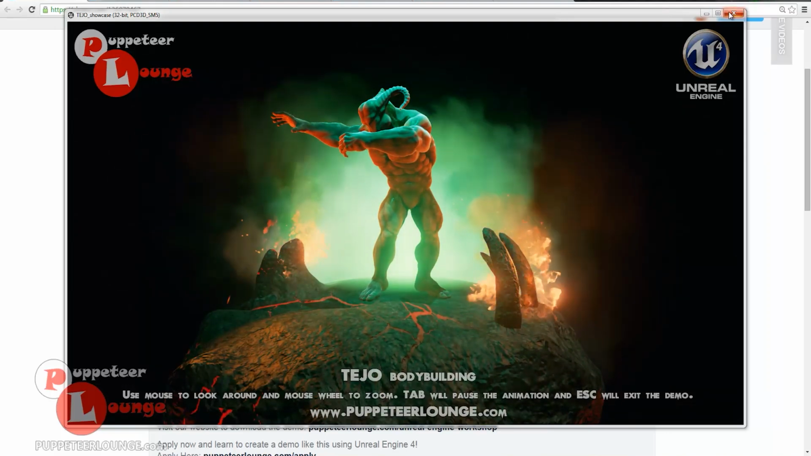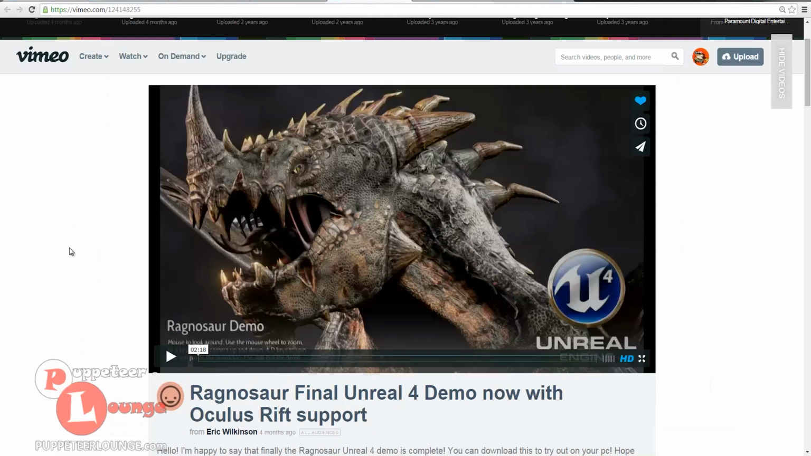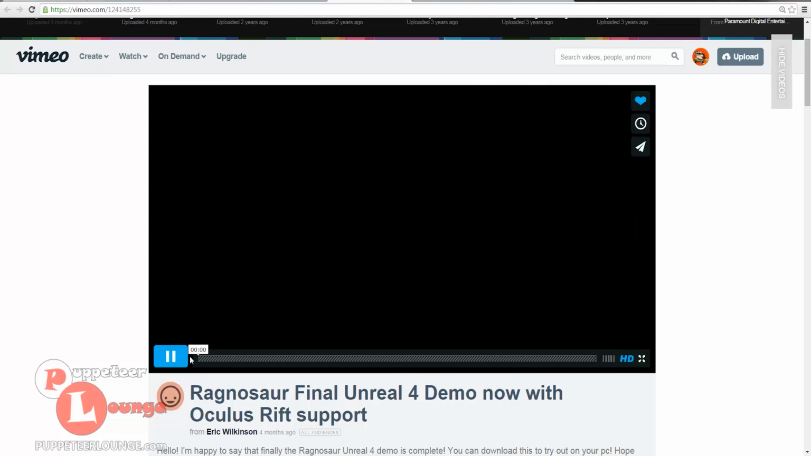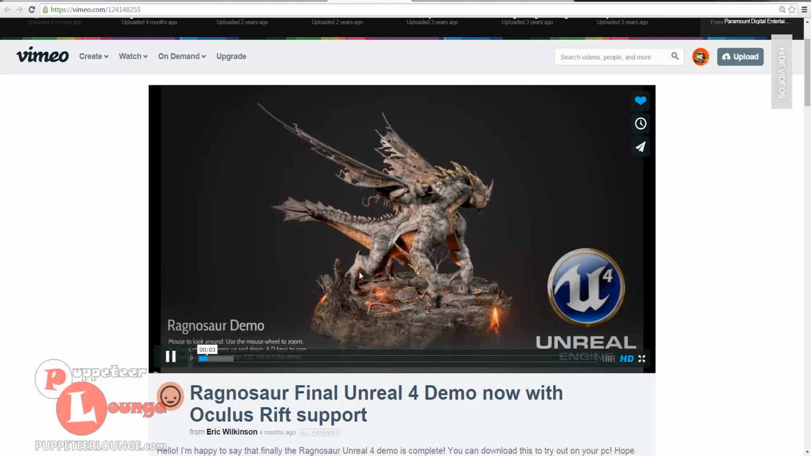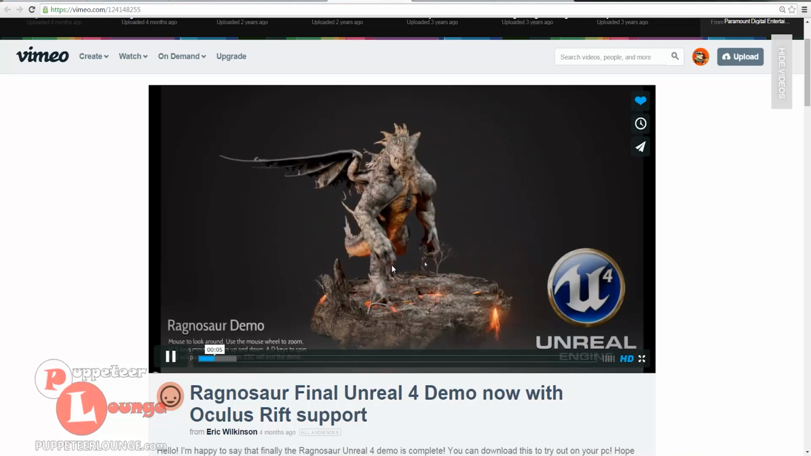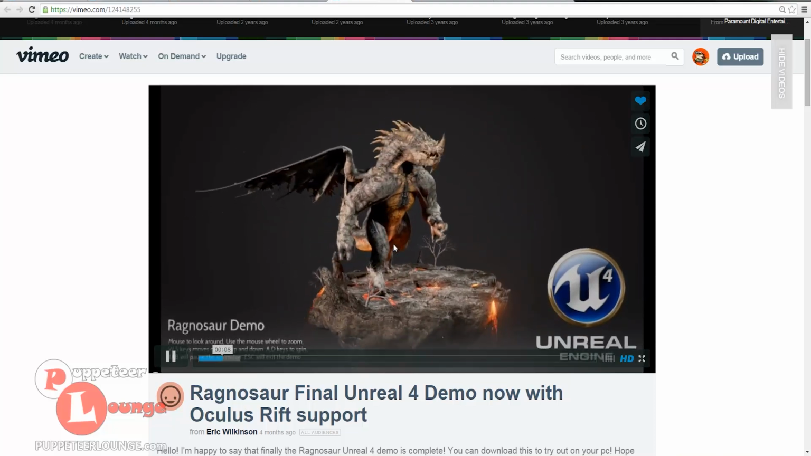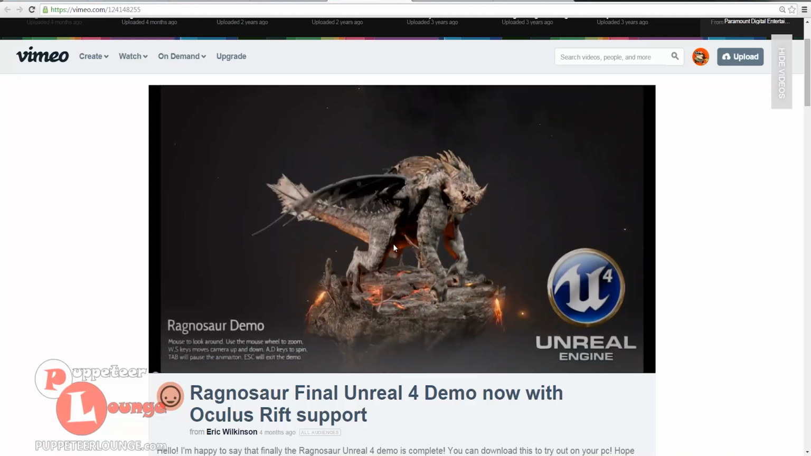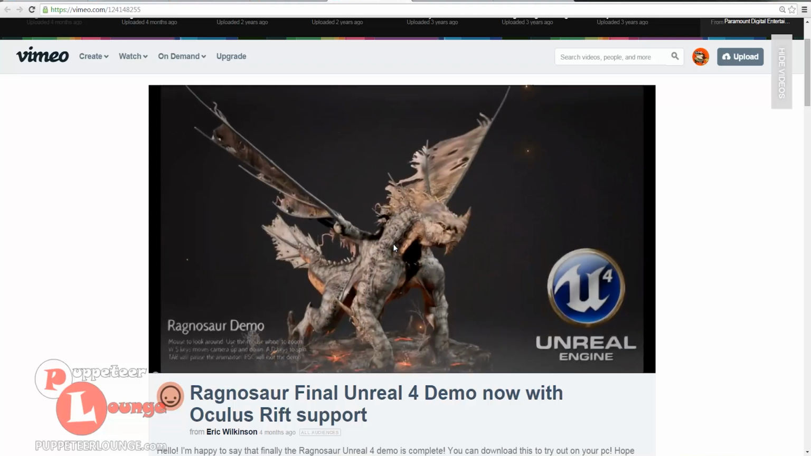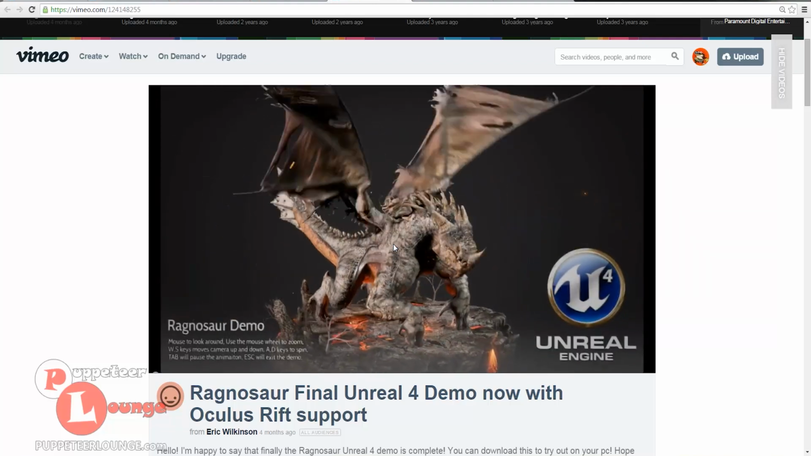I actually came across this demo by Eric Wilkinson. This is a very beautiful demo that he did using his own character, the Ragnarsor demo, and at first glance I was pretty amazed by the way he has set it up. You can use the mouse to control the camera and take a look at it as a turntable. You can zoom in, and you can see so many cool effects going on there, like camera effects, motion blur, particles, stuff like that. You have a good looking creature that looks almost photorealistic,